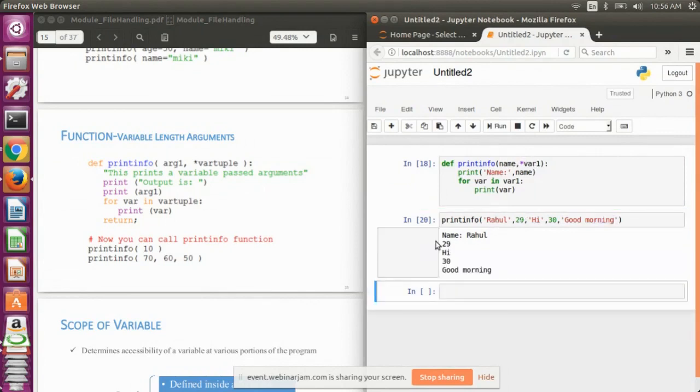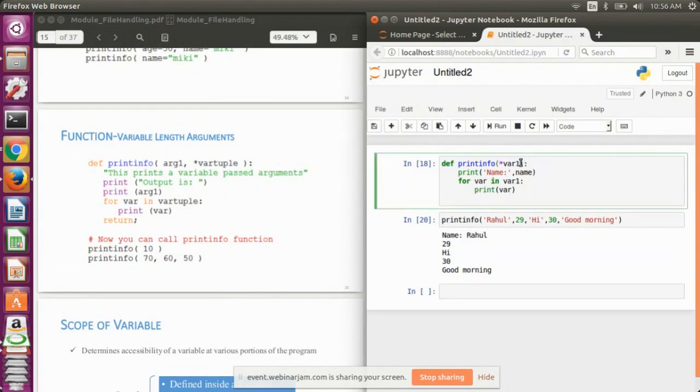So now you can see Rahul has printed corresponding to the name variable, and 29, hi, 30 and good morning were all assigned to the var1 variable, and by using the for loop I have printed them.